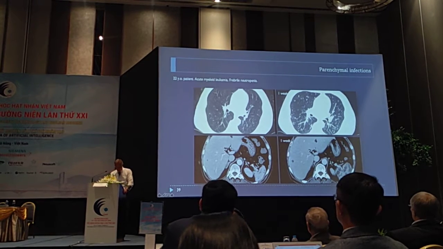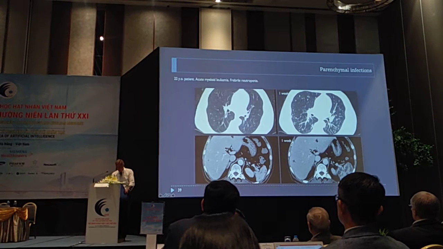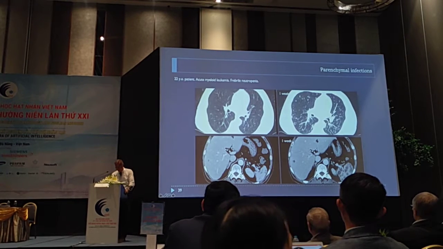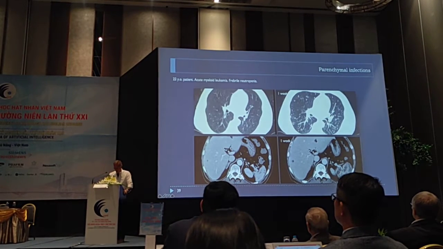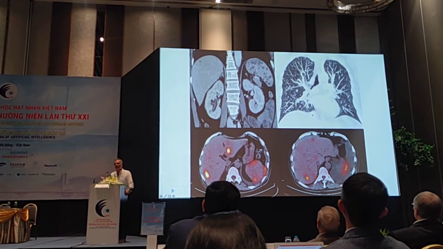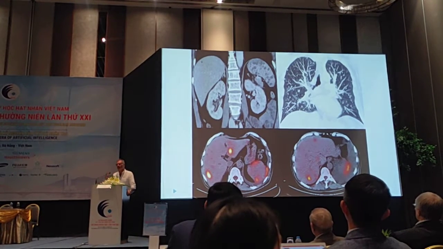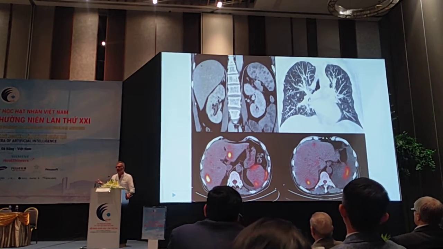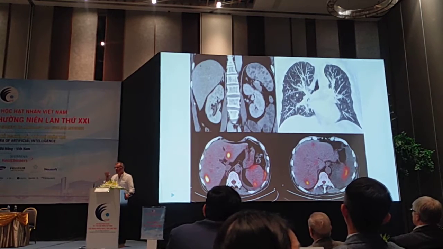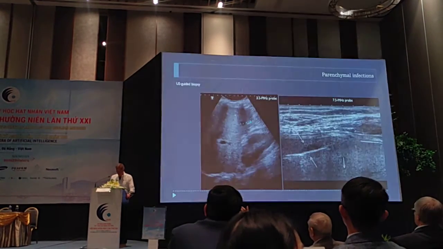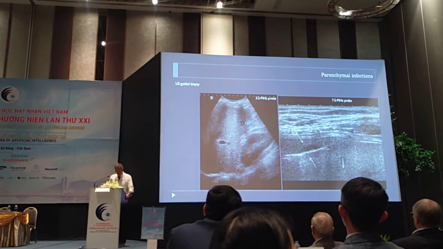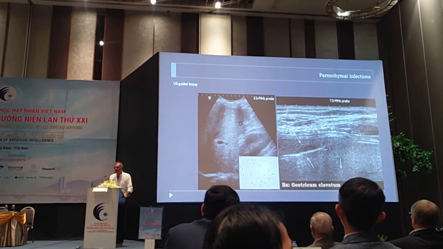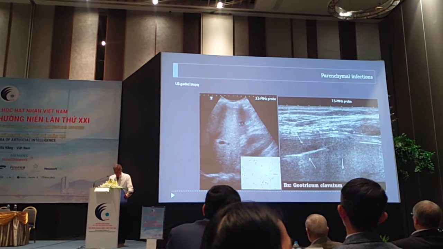You see this microabscess here, and one week after, they have increased in size. The same in the spleen, you see some microabscesses here, increasing in size here, and the same in the lung. For some reason, the clinician performed a PET-CT examination, which is absolutely useless. Of course, you have inflammation, so you have something taking up FDG, but it does not tell you which pathogen is involved. So we made the diagnosis by doing an ultrasound-guided biopsy,